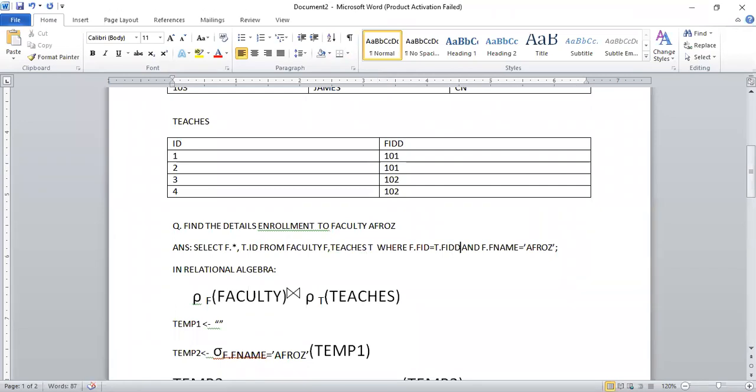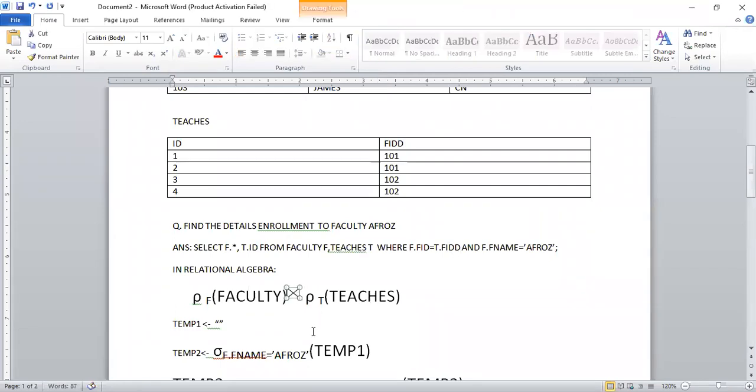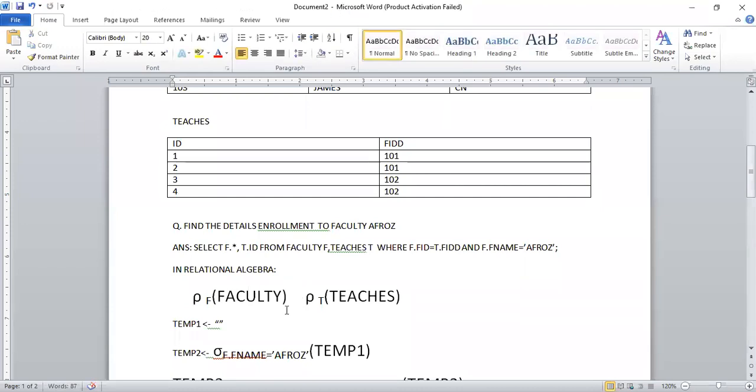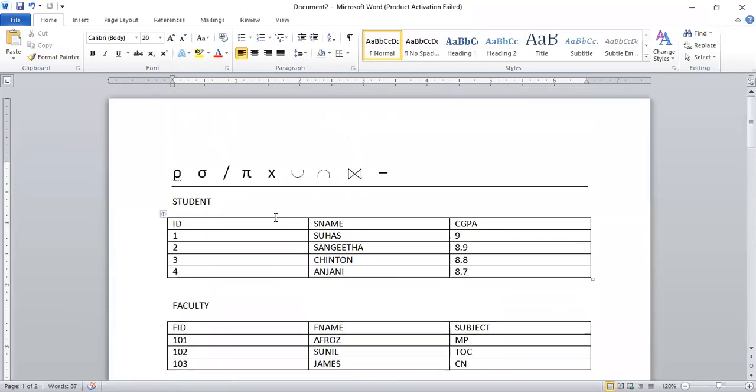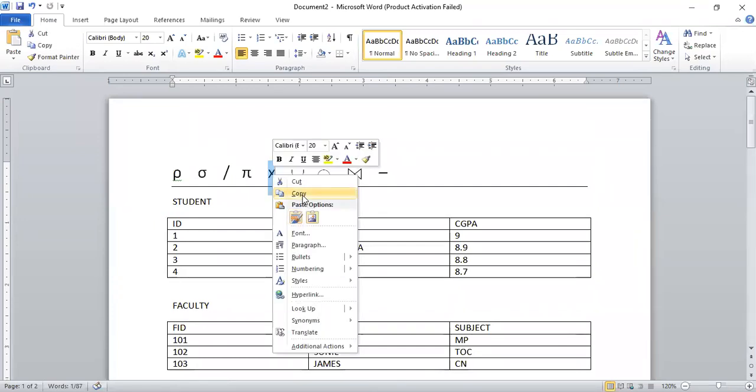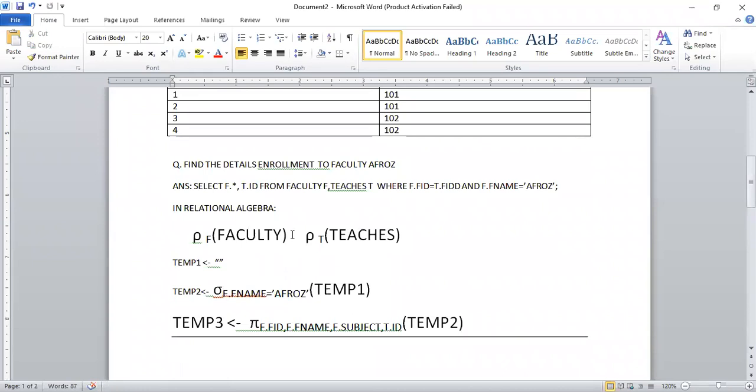Then what about this natural join? You cannot write this natural join. You remove that one. So instead of natural join, what will you put? You will put the cross join operation. And for equi-join, there is no special symbol. You need to make a cross join operation first, then cross join with a condition. So if this is a cross join operation, then you need to write a condition.